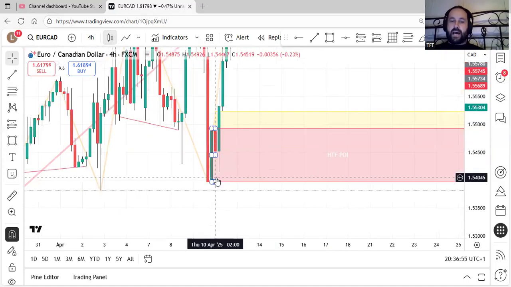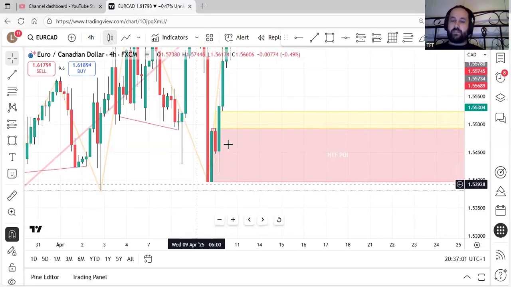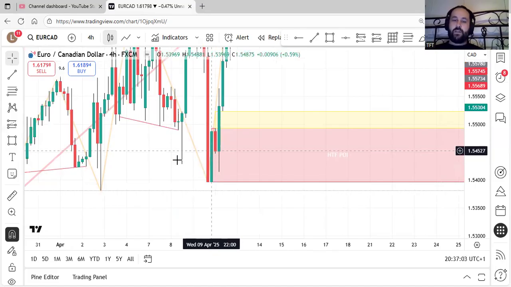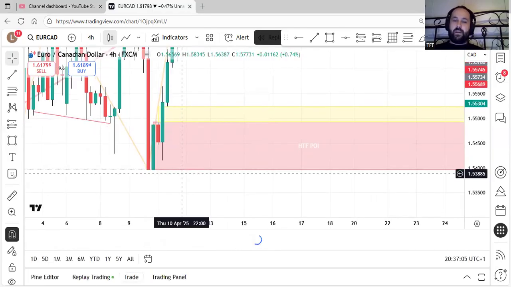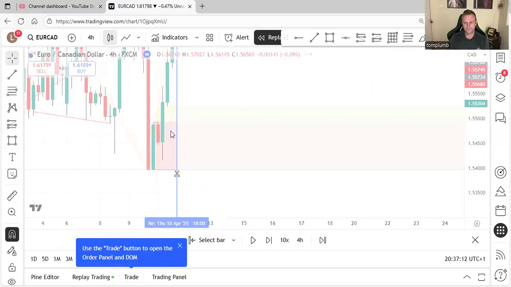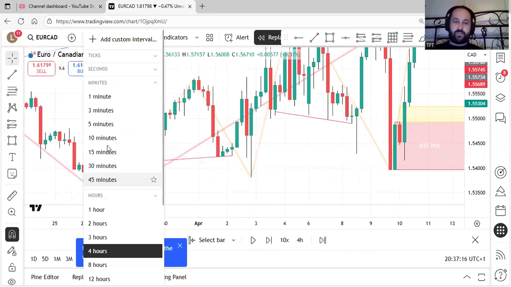My understanding and explanation for why I would mark it like that is because obviously I could jump down on the lower time frame and we could reduce this slightly, but what I'm looking for is in all the... I'm just going to change to the 15 just so we see more candles basically.